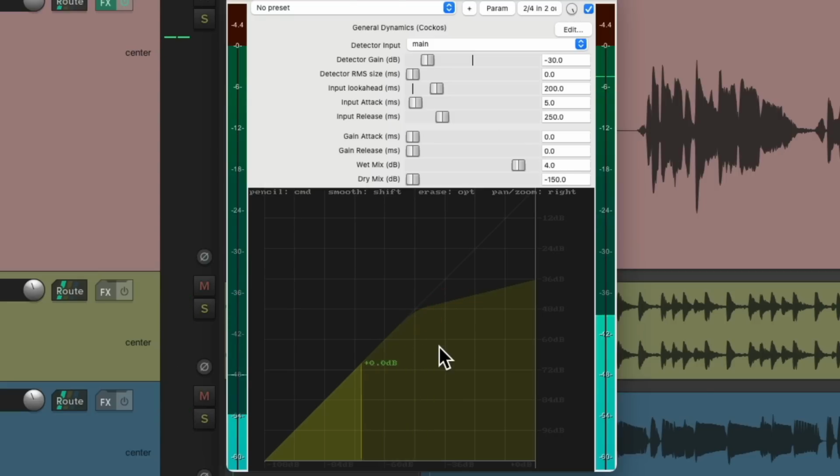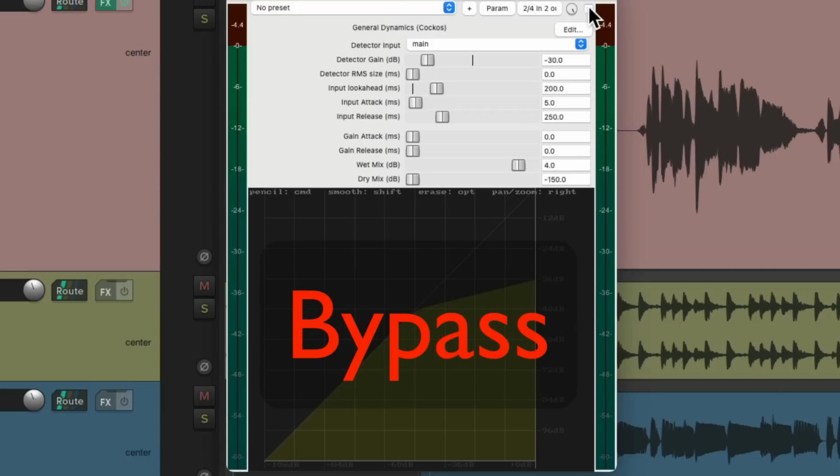Just. Notice how it sits better in the mix. Before,